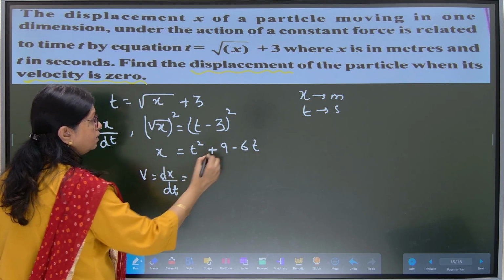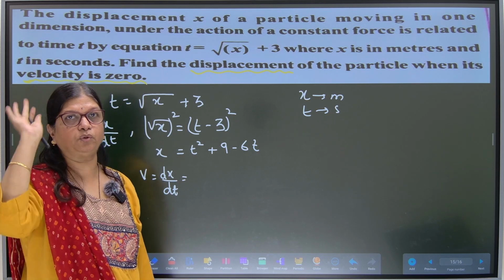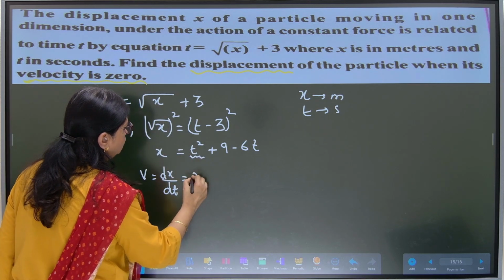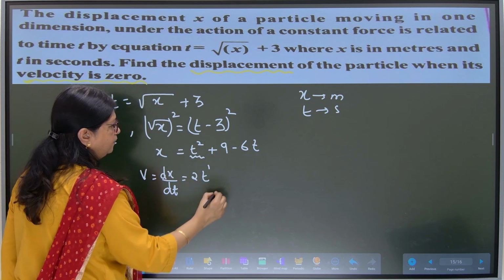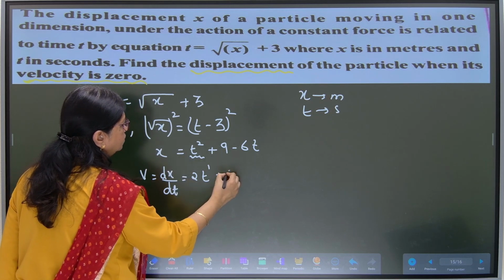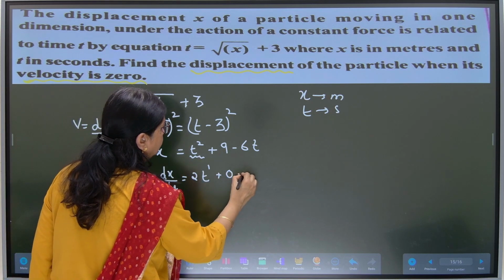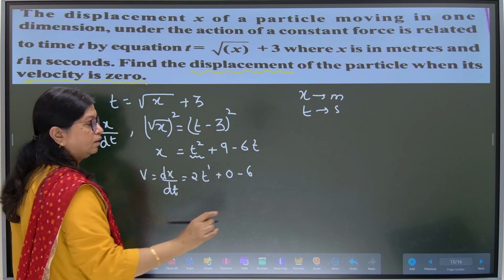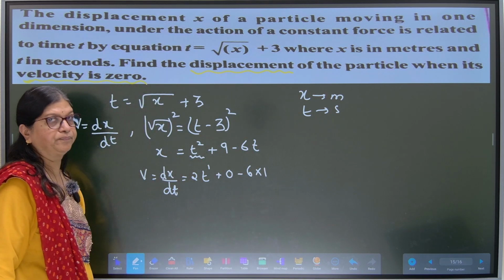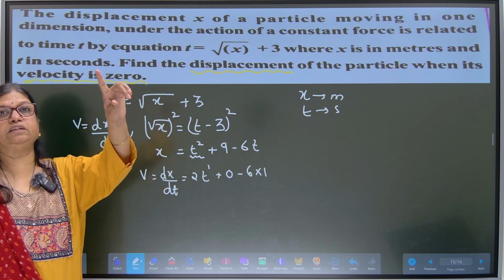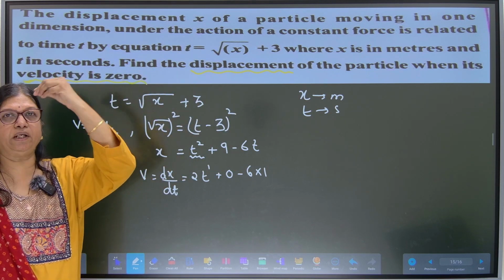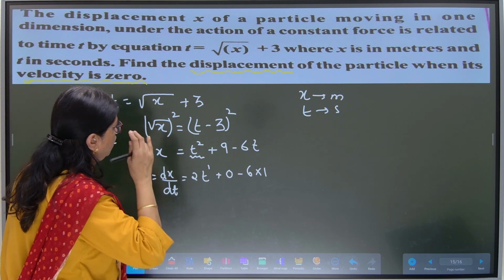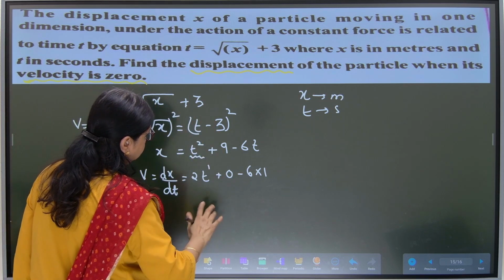Means I have to differentiate this polynomial with respect to time. Okay. Start with one term. This term: 2 power t, 2 minus 1, 1. Here constant, so differentiation is 0. Here minus 6 is a constant, I will write t raised to 1. What is the differentiation? 1. There is no power, 1 is a power, so differentiation is 1. This has to be remembered. Okay, fine. The reason I have showed you already in the previous page.